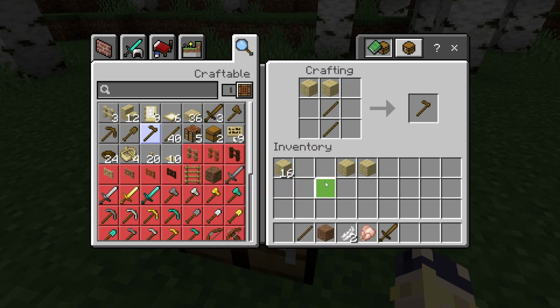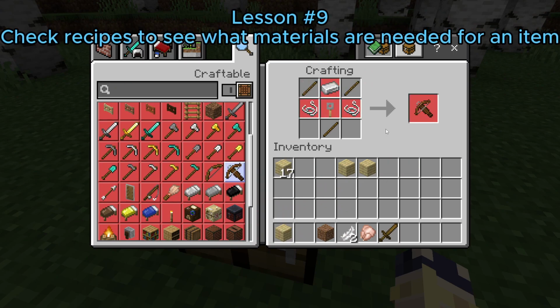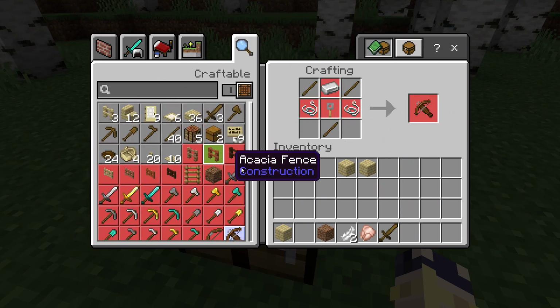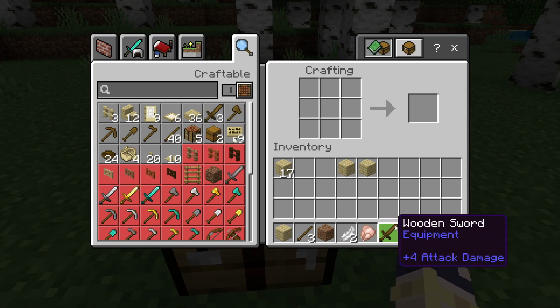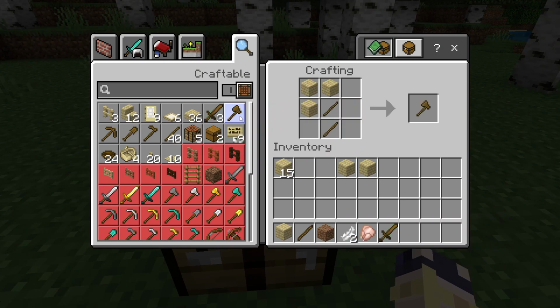But it's also good to just know that, hey, if I come over here and, oh, I want to make a crossbow, what do I need? You can click it and see, okay, I have the sticks, but I need an iron ingot, tripwire hook, string. It's useful to do that. But for now, all we care about is getting you some gear. So get yourself a sword, you can get yourself an axe,